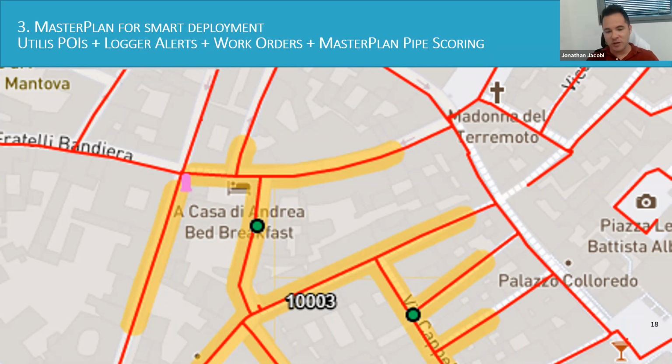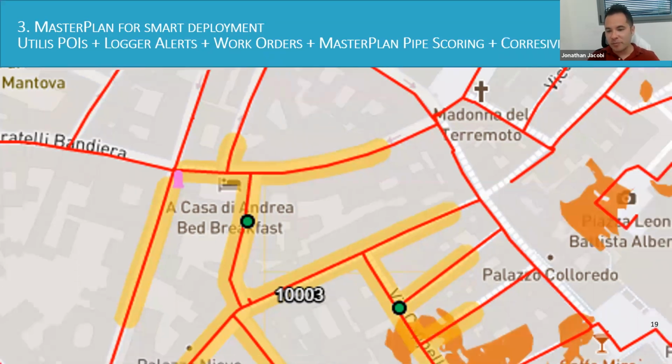We also have 2 leaks from the last, I don't know, year or 2. We also have an indicator of a sensor or a noise logger of some kind. So this makes sense that I should send out a team and think about whether I am going to continue leak detection. Should we replace the pipes here? What should we do? If we replace them, now we've added the layer of corrosivity. If we decide to replace the pipes here, should we replace them with metal again? Should we change to plastic? Should we continue leak detection? Because maybe it's cheaper to do leak detection than to replace with another metallic pipe.